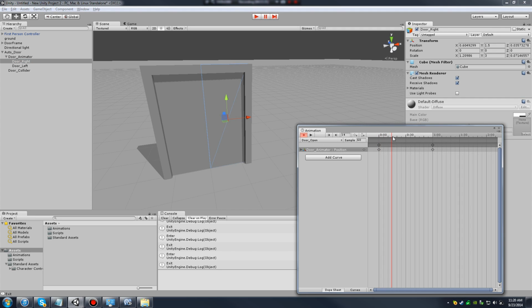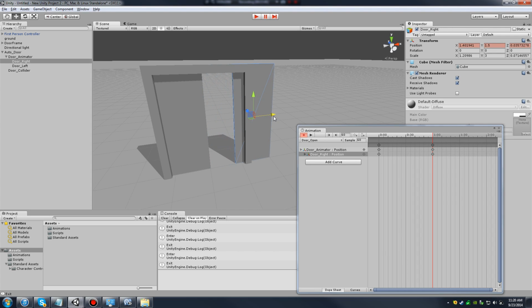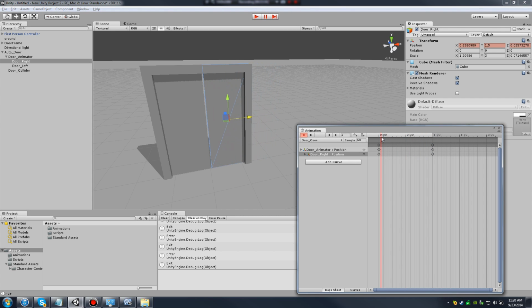So if we go all the way over to 1 second, let's see how I just click and drag the red line here. Let's get it right on 1 second, and let's move our door, let's say 1.6. Alright, so now you'll see on the time slider it auto keyed where my door opens. Remember, before you move your object, you want to already have it on the time that you want the object